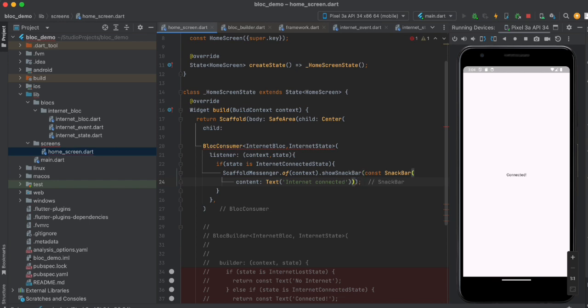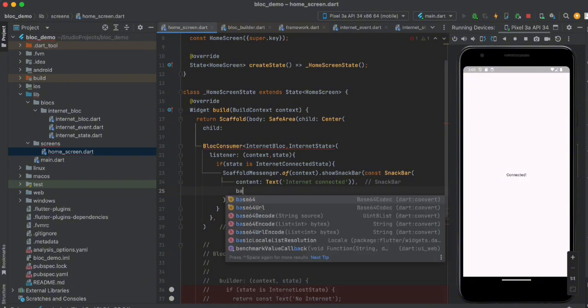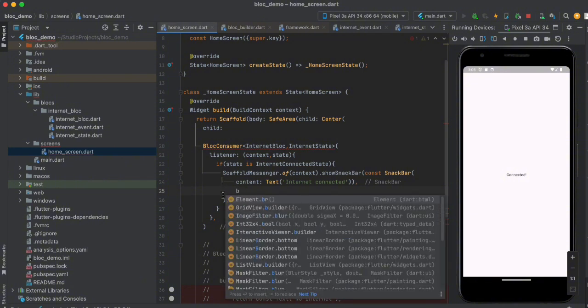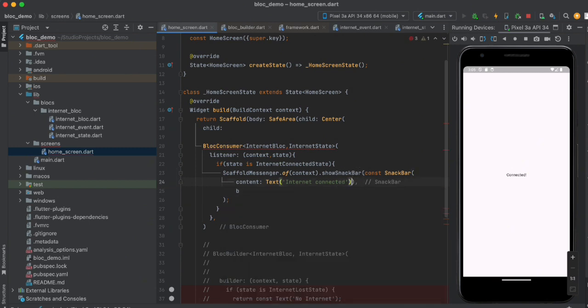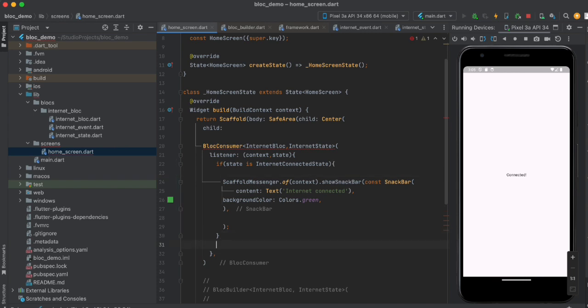And now you know that for the internet connectivity we can also define the color of that toast as well. For the color, it should be green for this one, like background color Colors dot green, right? And in case of the other option, else, oops, one second, else if we have state is internet